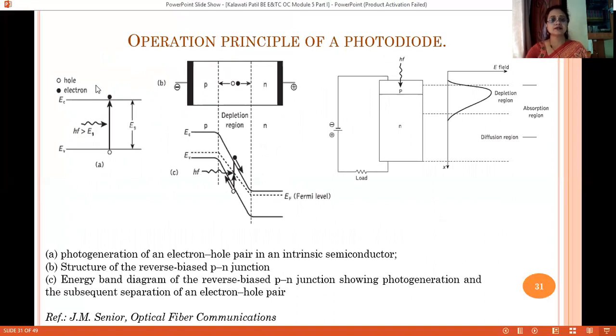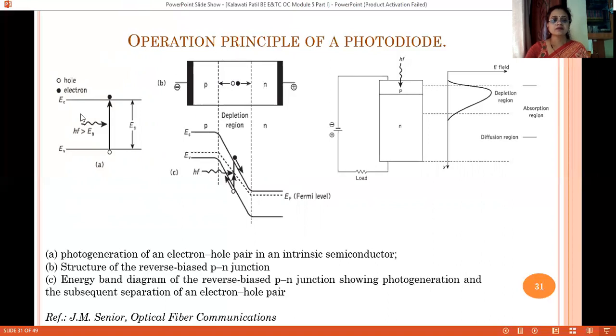As seen in the left side diagram, we have a PN photodiode which is reverse biased, where negative bias is applied on the P side and positive bias is applied on the N side. You know very well that under reverse bias across the PN junction, a depletion region is created.